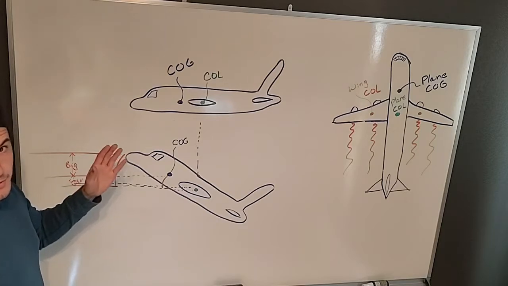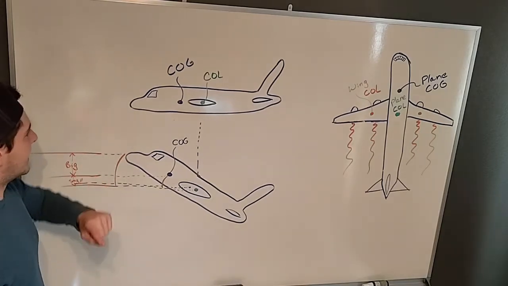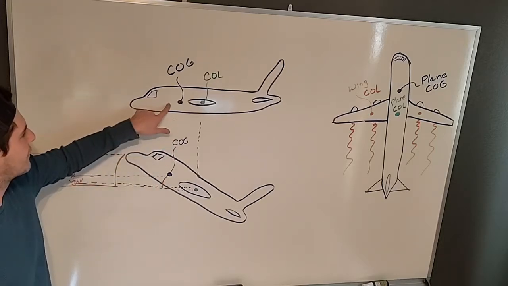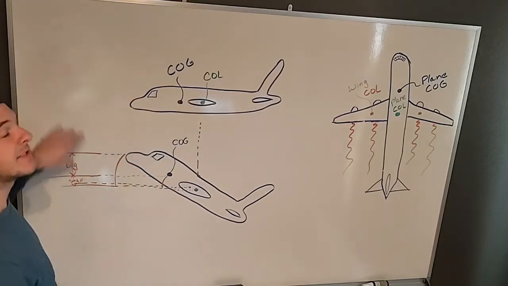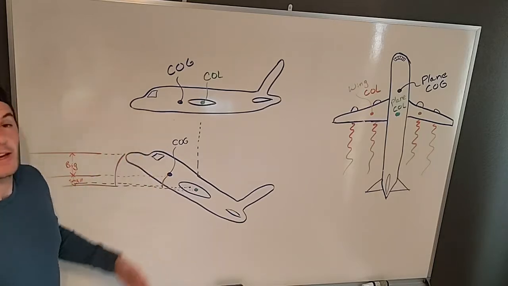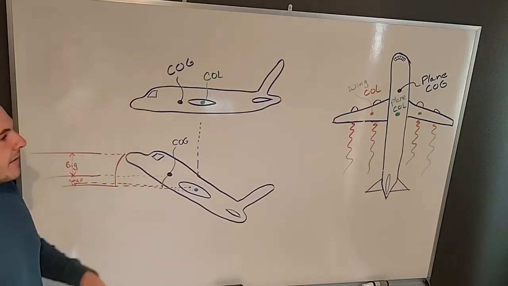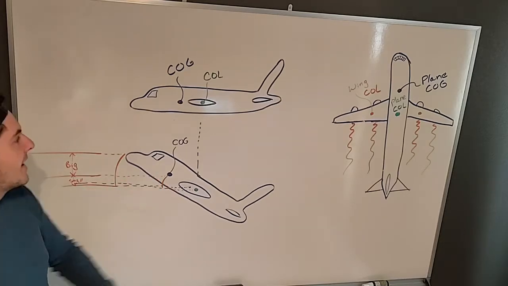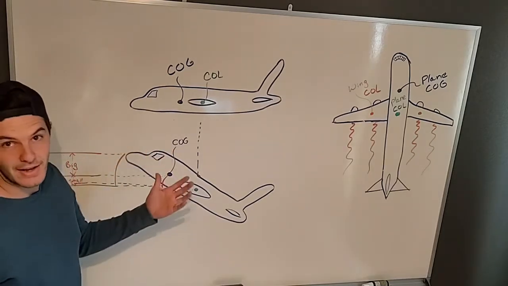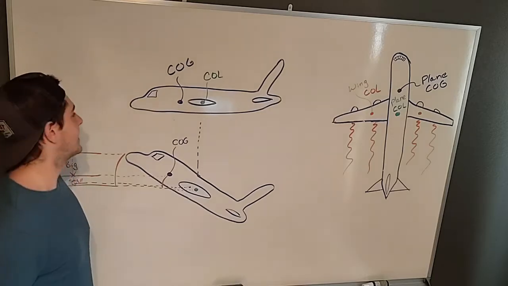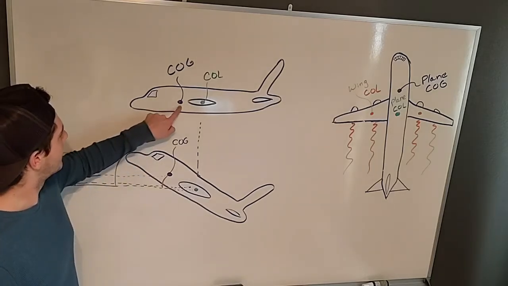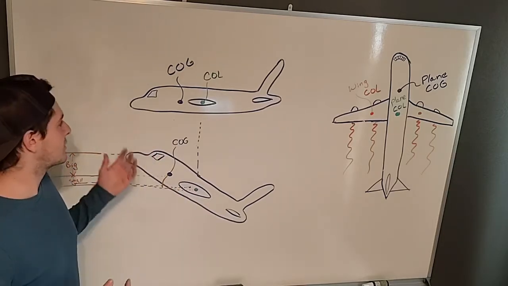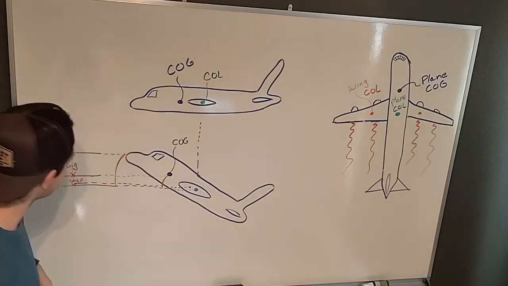So that is important for two reasons. Firstly, this is depicting a passenger airplane, and in all of those, the center of gravity is going to be in front of the center of lift, so the airplane kind of flies like a dart. In a dart, you have a lot of the mass at the front, and there are little tiny fins at the back. Now, we obviously don't want it to look like a dart, because then we would just fly in an arc. But when you have the center of gravity in front of the center of lift, you have more stability and more control, and that's good for us, the passengers. However,